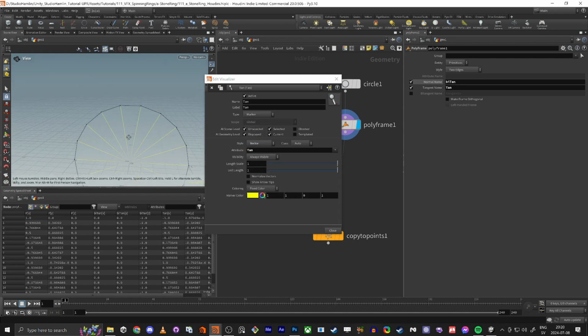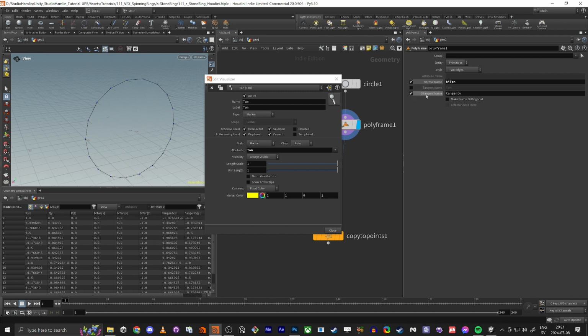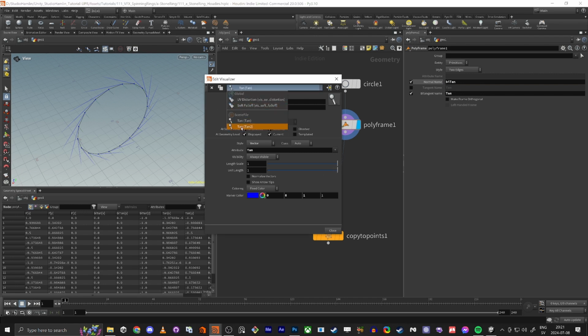Now you see this tangent is yellow, so it's actually pointing inwards. That I find a little bit strange, because we're actually going to have, is it this one? Yeah, it's a bitangent. So the bitangent is what we're going to have as a tangent. So we are also going to have it blue. I like blue to represent tangents. So you see now the tangent is going along the curve. And if we do bitangent and we just do a copy here, so now we have a copy,